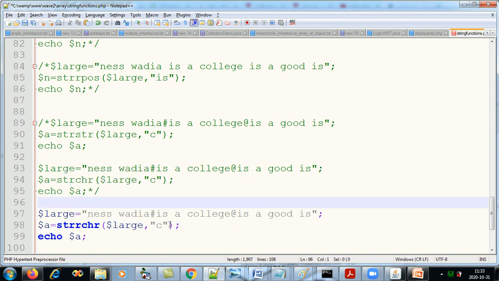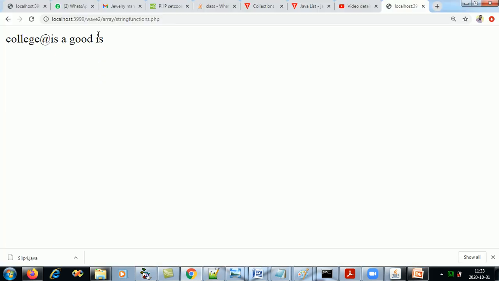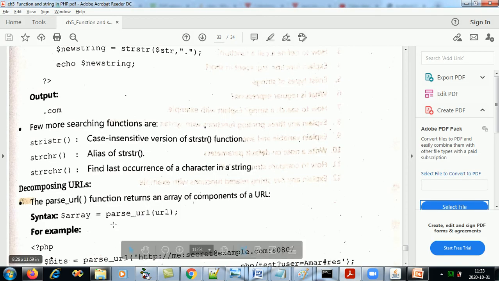For C, unfortunately the first and last occurrence are the same. Let's take A, the last occurrence of A over here. So a good is, the output will be a good is. Clear? So these are the different functions.